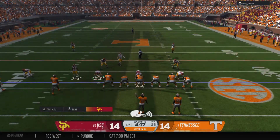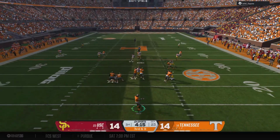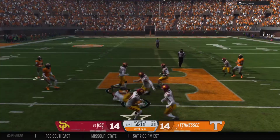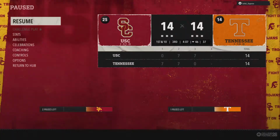It's 3rd and long from the 26. From the gun, wants to pass. Just gets rid of it to the running back underneath. They'll get him on the ground at the 46, and it'll be a...